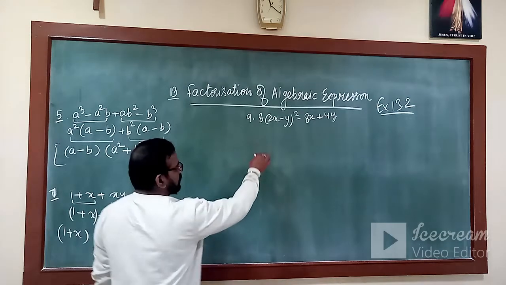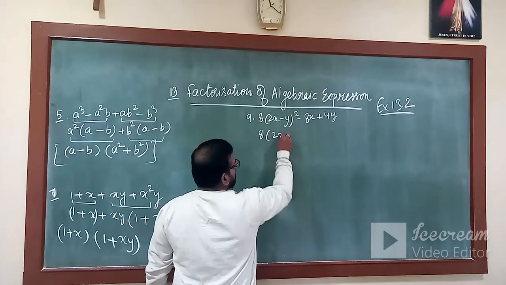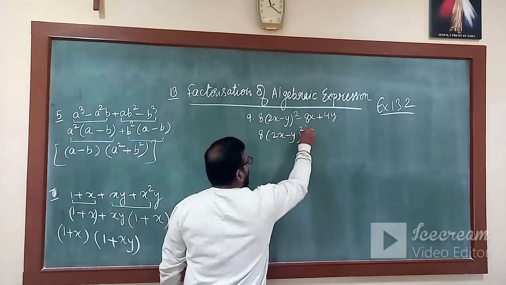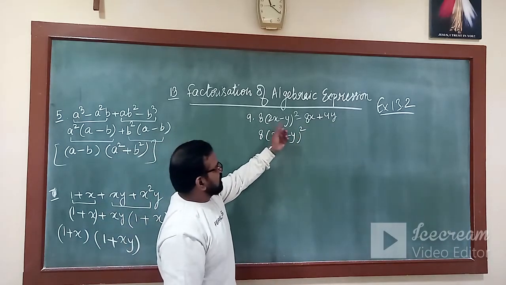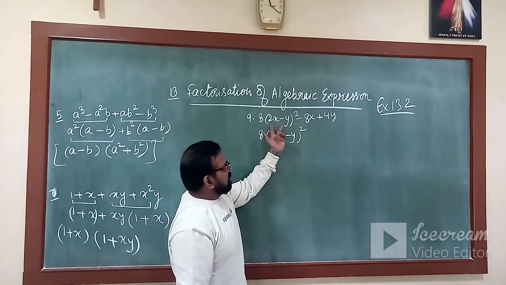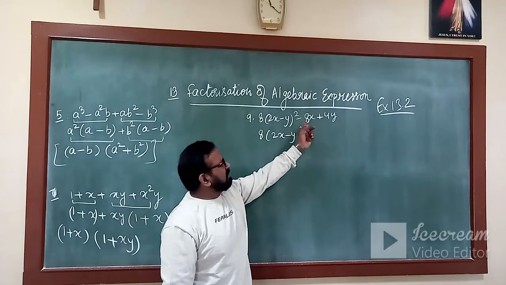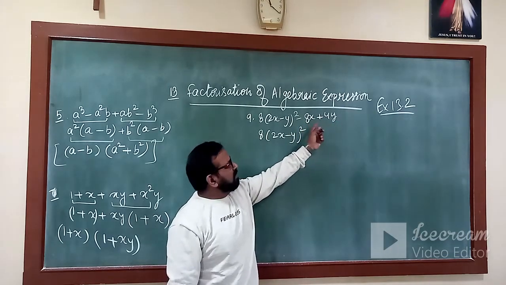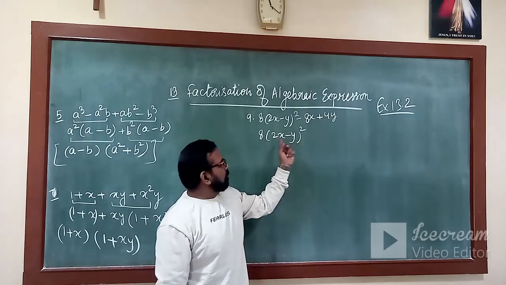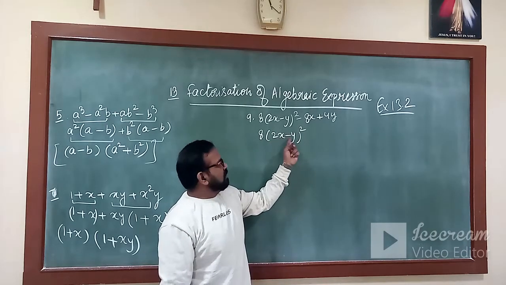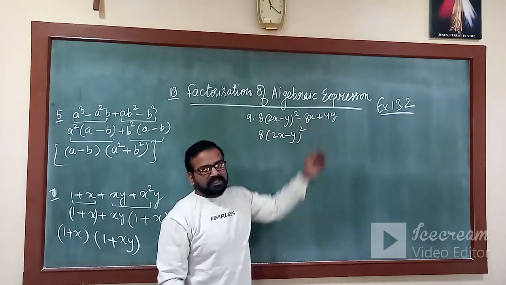Let's move on to this question. In this it is 8 into 2x minus y. And how can we identify these types of questions? See, 2x minus y. Some multiple of this term is actually written here, that is 8x plus 4y. If I multiply this expression by 4, what does it become? 4 into 2, 8, 4 into y, 4y. So that means a multiple of this term has been written here.